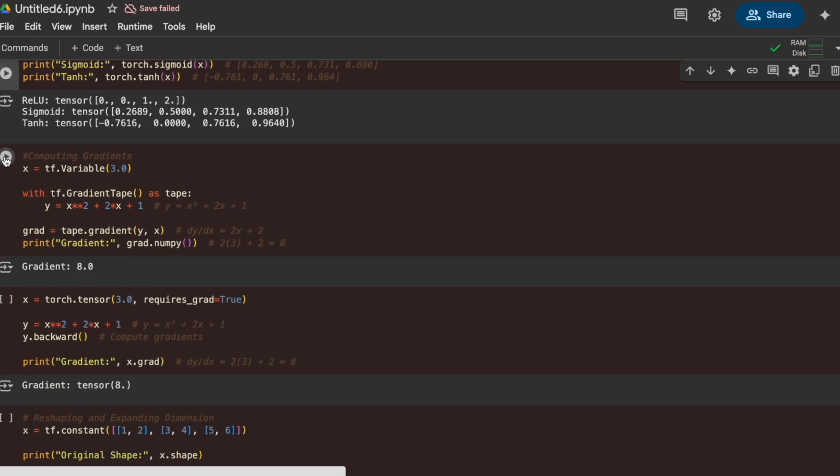Computing gradients: here it is already given y is equal to x square plus 2x plus 1, so dy by dx is 2x plus 2. We have just differentiated by x, so here our dependent variable is y and x is the independent variable. Then we put the value 3.0 in x and calculated the gradient. Similarly, we have done this thing